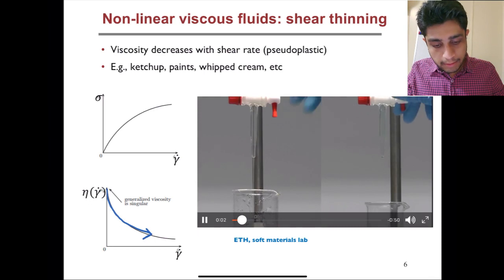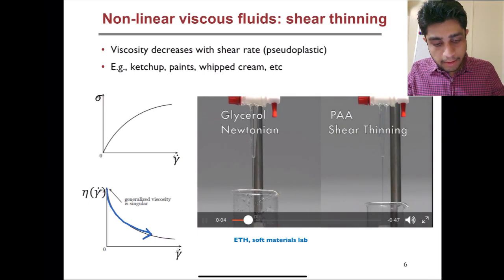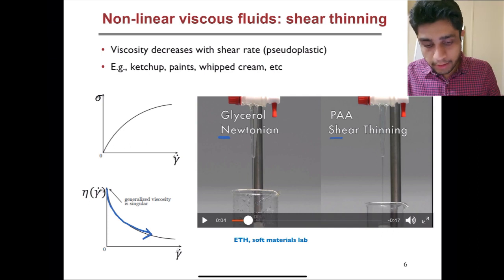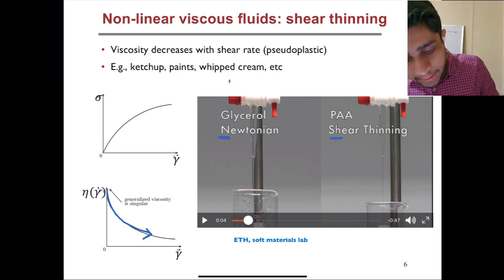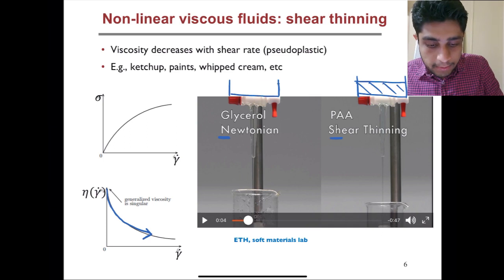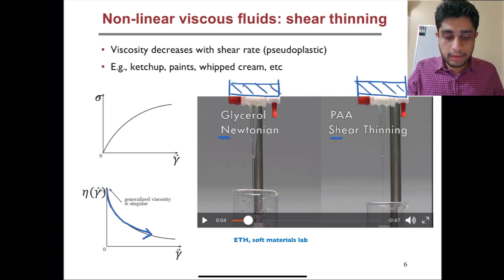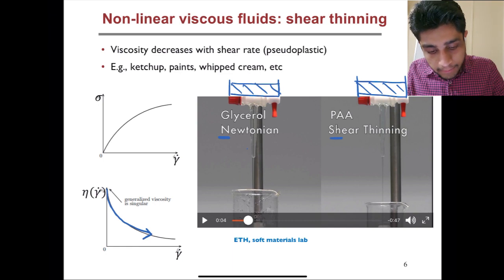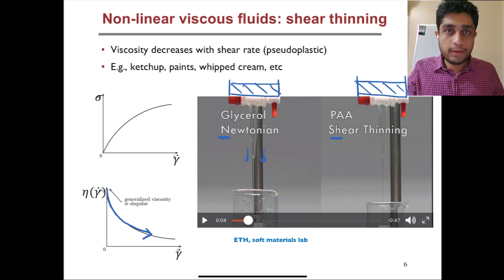We have a comparison between a Newtonian fluid on the left and a shear thinning fluid on the right. Let's say there is a tank here, and we fill the tanks to equal heights with these Newtonian and shear thinning fluids respectively. Now as you open the tap, because the viscosity of the Newtonian fluid is constant, it starts flowing, but its viscosity remains constant.